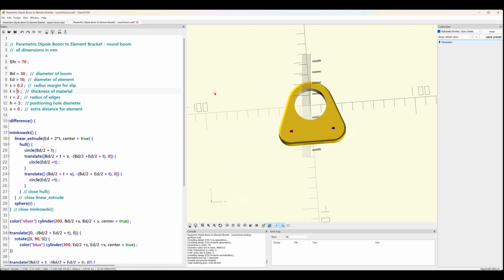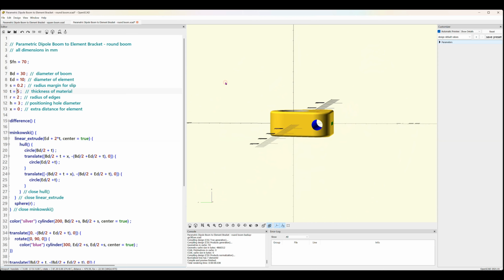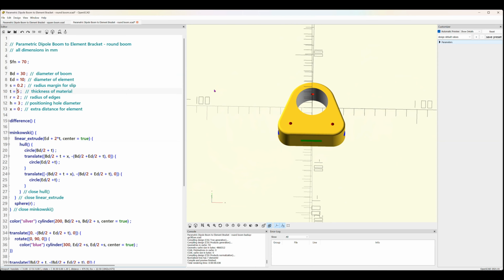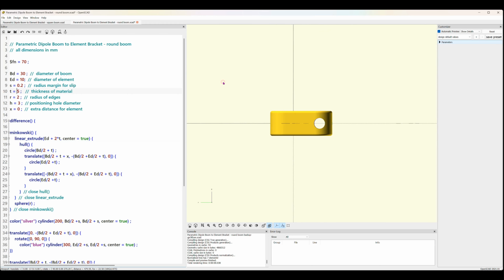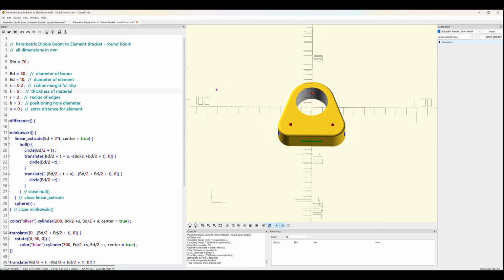This large hole, as you see, you can't follow the cursor. This hole that looks blue right now is the hole for the element. And for a parasitic element, the element would go all the way through the bracket. But for a driven element, you would have a split